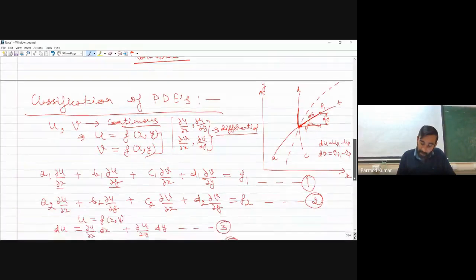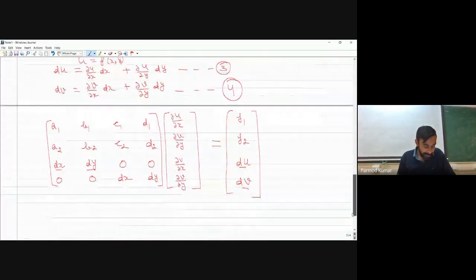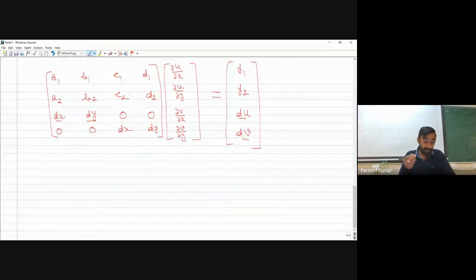Now we will be going into mathematics. If you see, this is nothing but a system of equations, and in this system of equations, if I have to calculate these parameters, say del u by del x, del v by del y, what I have to do is solve this system of equations. So now let me try to solve this system of equations using Cramer's rule. If I have to apply Cramer's rule over here, initially I have to solve the value of del u by del x.